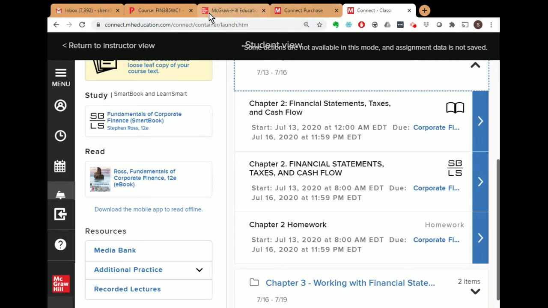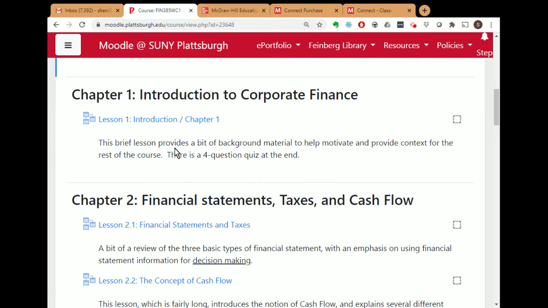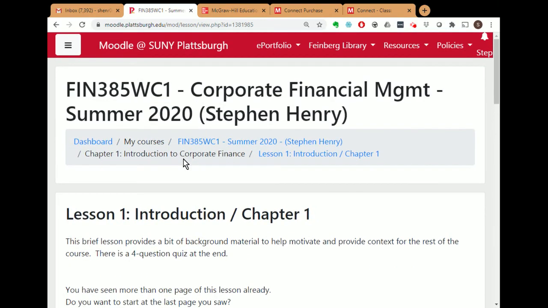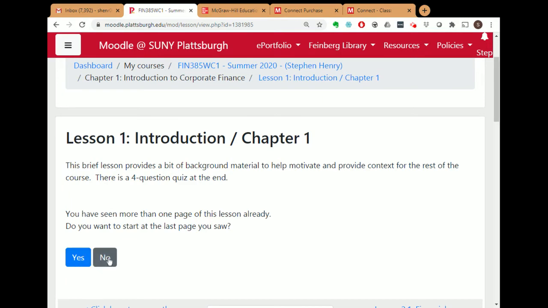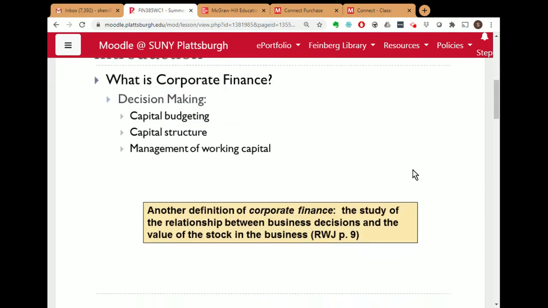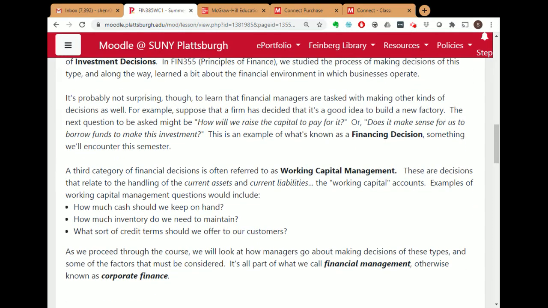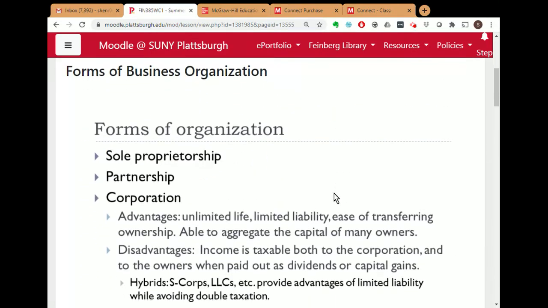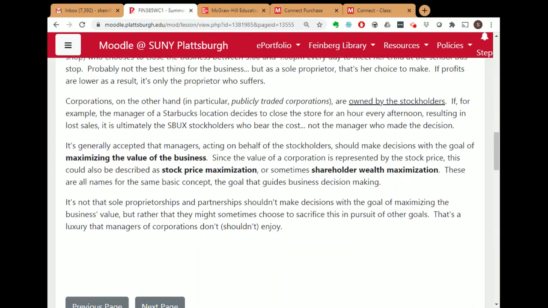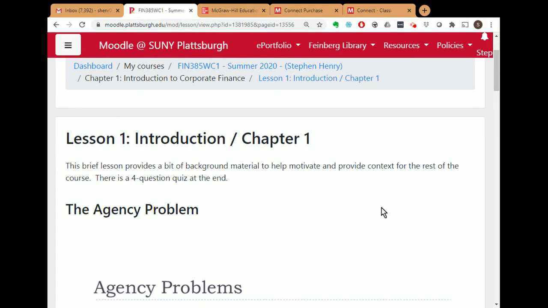Another element of the course is back here on the Moodle site. I mentioned this earlier. I wanted to go back and show one of the lessons. The lessons are interactive slideshows, lectures, if you will, but in a printed format. You're going to see slides typically at the beginning with some written material discussion that, again, substitutes for lectures. This is a good way to tour through the material in the course. You should be able to navigate through this at will, giving you an idea of what I think is important